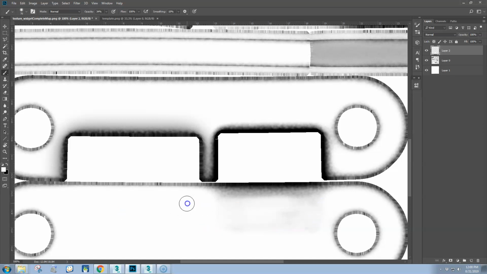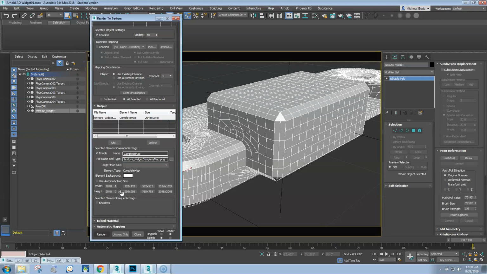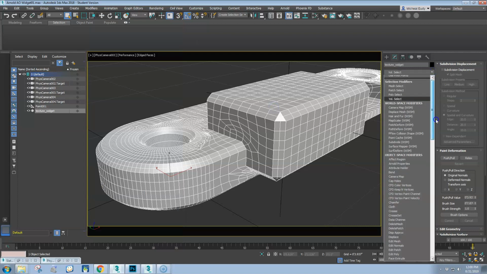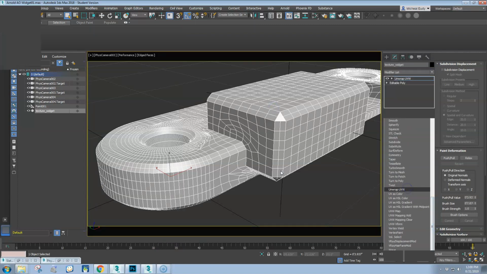Now, another thing that you want to do a lot of times is to be able to put a wireframe over the top of this so we can kind of see what it is at any given time, because this can get confusing when you have a lot of pieces in here. So in Max, in my UV unwrap, when I have it on here,